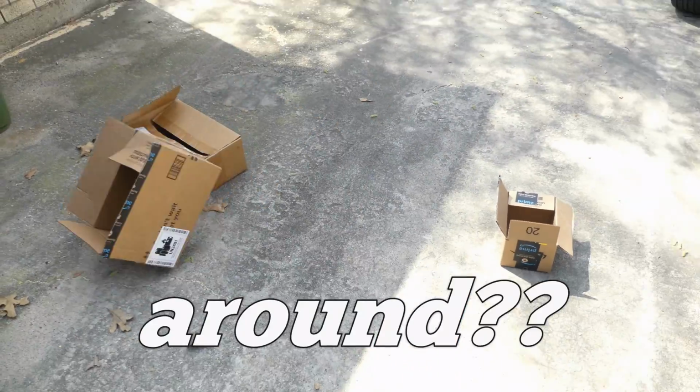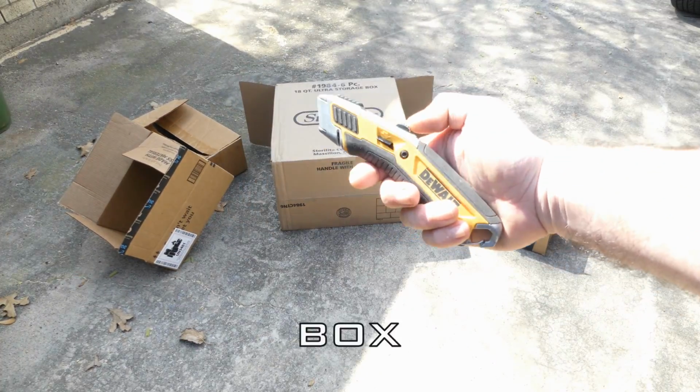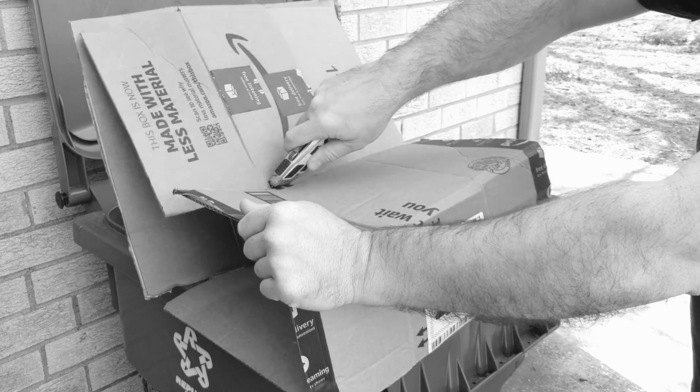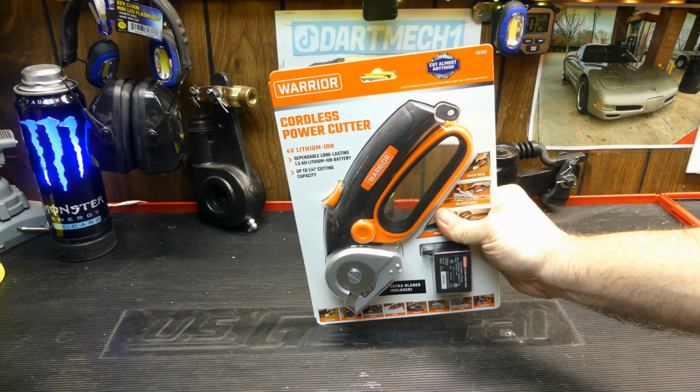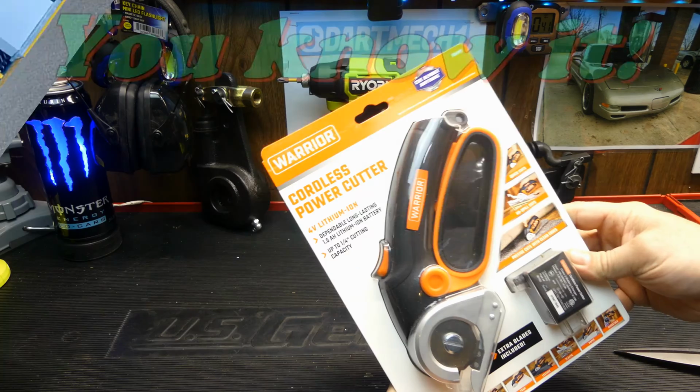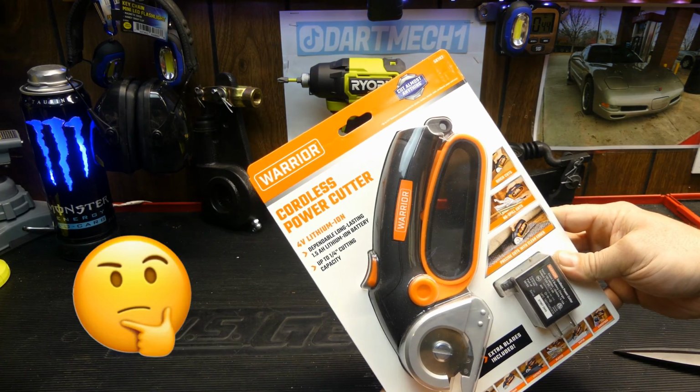You got a bunch of these laying around? Tired of using a box cutter? Let's try out this thing instead. So I was at Harbor Freight the other day, walked down an aisle, saw this thing, and I thought, a